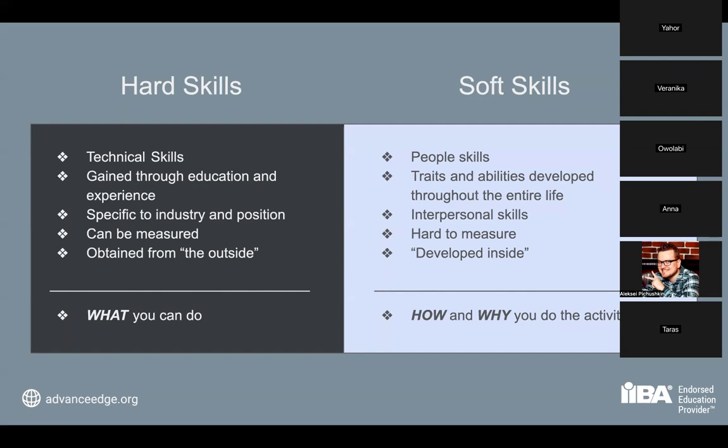And not only at your workplace, they are also influenced by your personal life. And they are hard to measure, they are harder to see, but they are those that come basically from the inside, from your personal traits, characters, your attitude, your behavioral characteristics, while the hard skills are those that are learned from the outside.